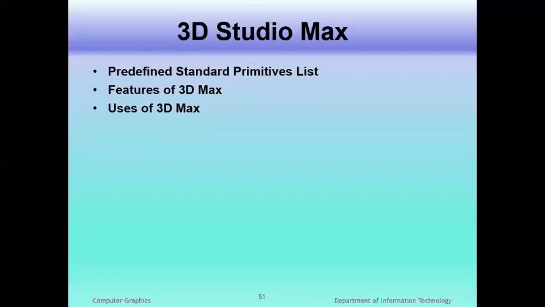3ds Max even exports directly into the modeling file type for the video game Quake. Licensing. Earlier versions until 3ds Max R3 required a special copy protection device, a dongle, to be plugged into the parallel port while the program was run, but later a software copy prevention method was implemented instead. Registration involving personal information such as name, address, and email address is now required. That is all for 3D Studio Max.